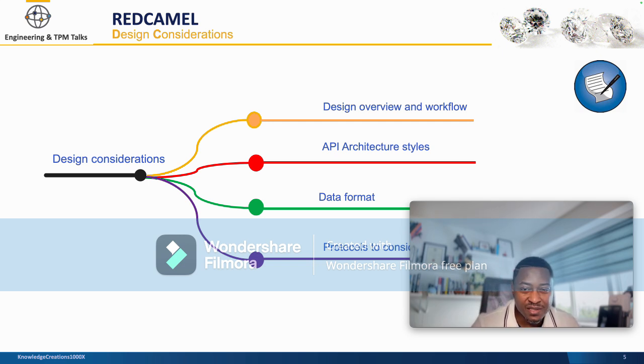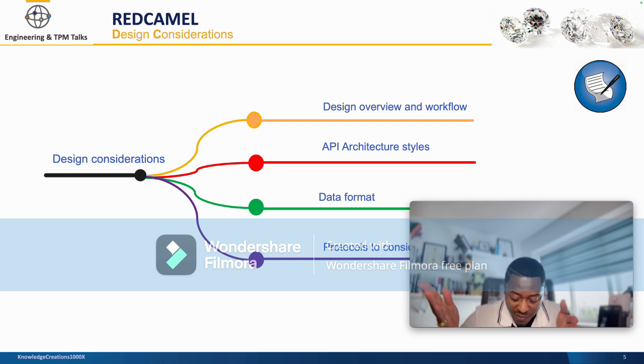So do you want to use REST? Do you want to use SOAP, right? And here we want to look at, between the client, the API gateway, and the backend server, what kind of architectural style we use. And sometimes you could use one for one transmission flow and another for the other, okay?